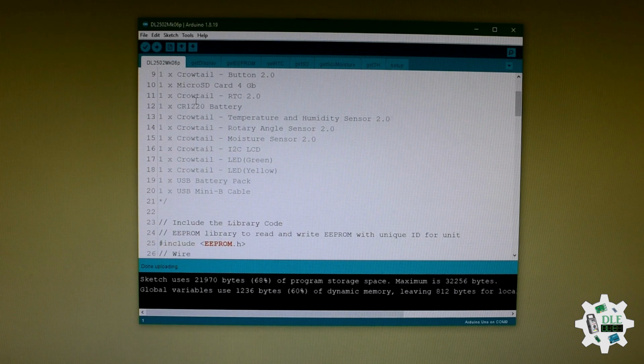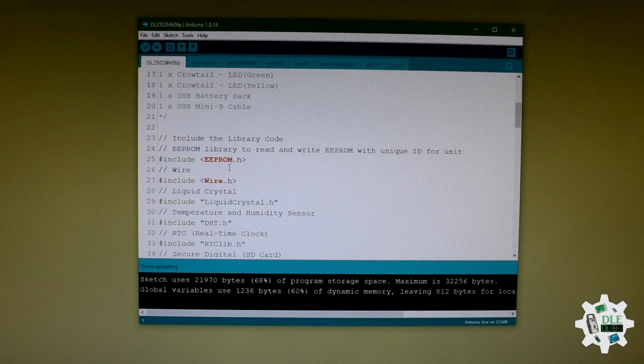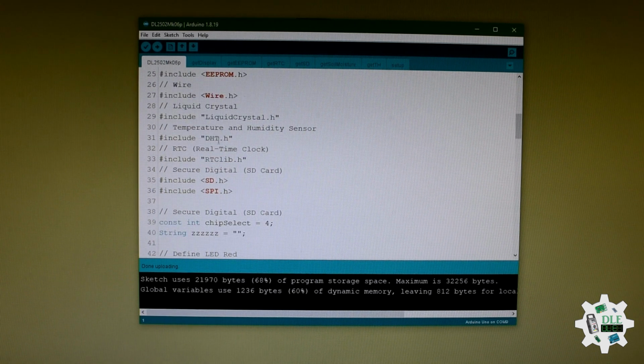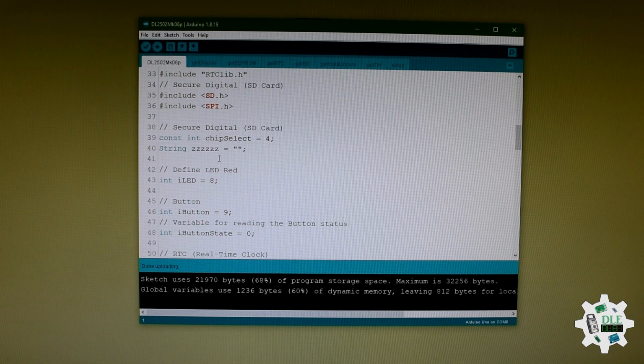Project here. From here, the wire, the screen, temperature, humidity, the time clock for the date and time, the cards here,